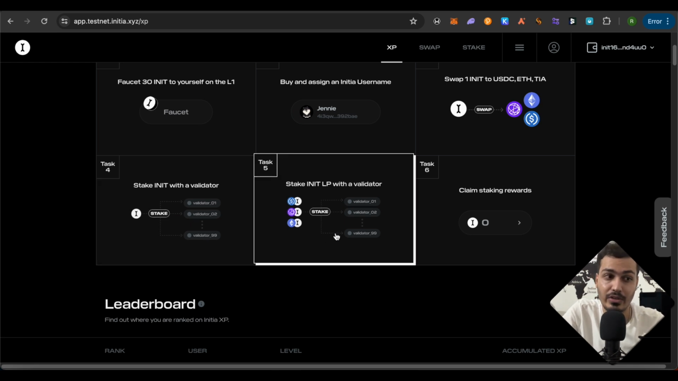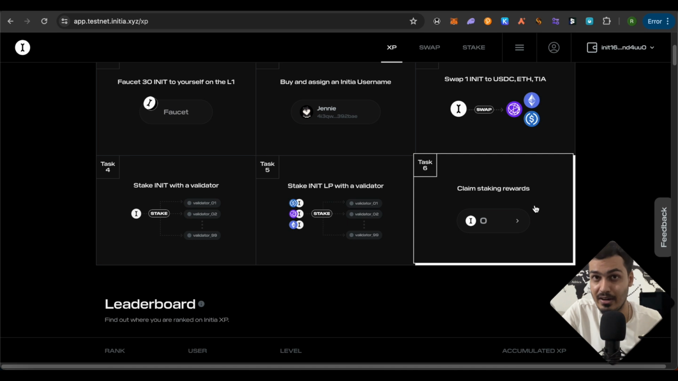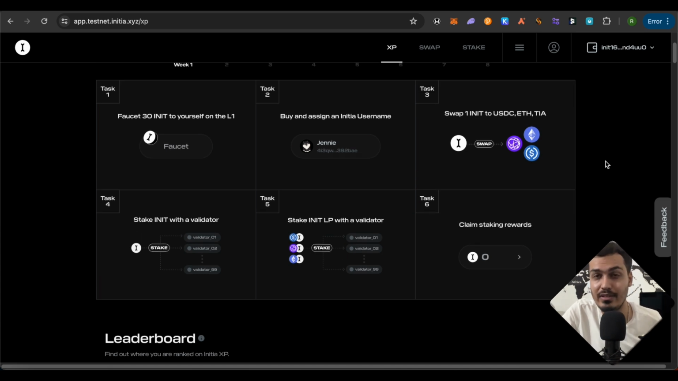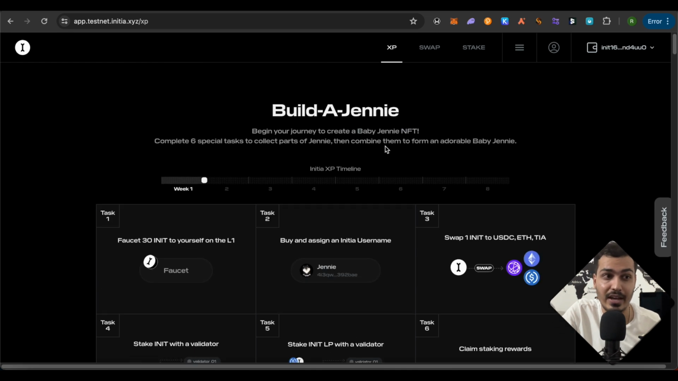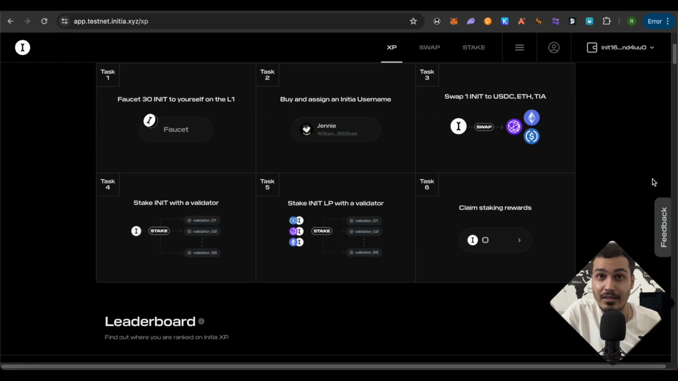And after that, you need to stake LP with a validator. Just do it with any random validator as well over here. And after that, in the 6th task, you would be required to claim your staking rewards. For completing each of these tasks, you would be getting an NFT, basically a part of this Jenny NFT, a baby one. And after you complete all these tasks, you would be getting a complete picture of this Jenny,